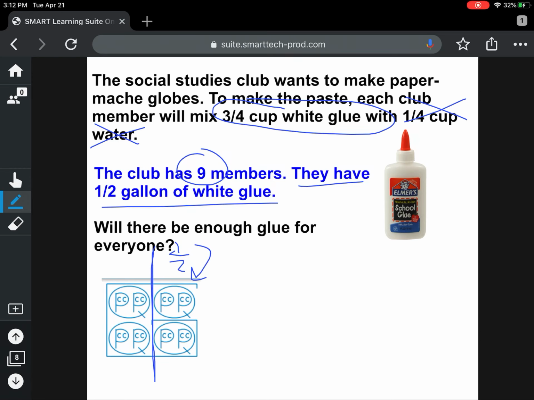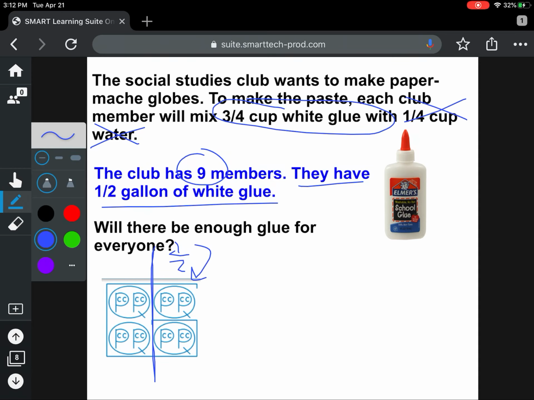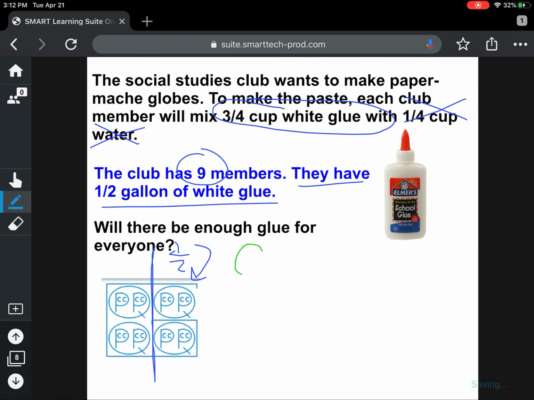So let's decide, will there be enough glue for everyone? Well, how many members are in the group? We know from the story there are 9 members in the group, and each one needs 3/4 cup of white glue. I want you to now pause the video and see if you can figure out how much glue is needed so that each kid can make their own